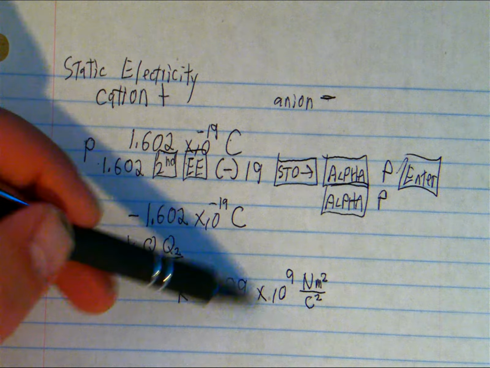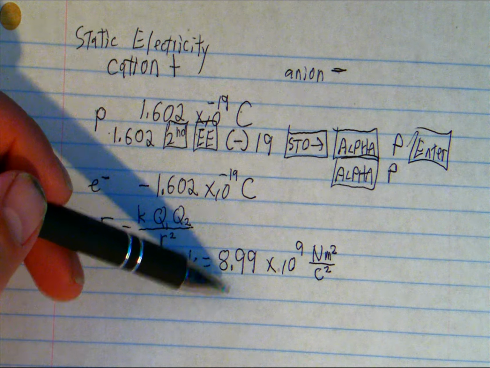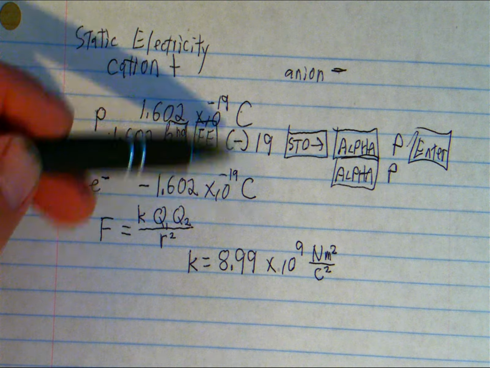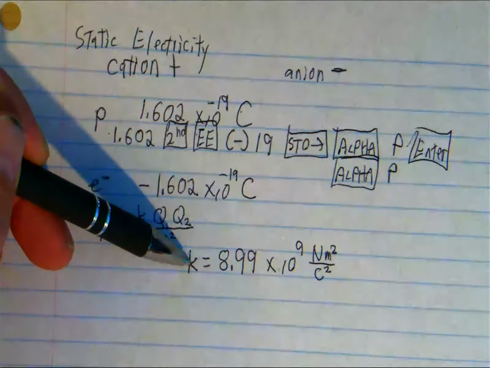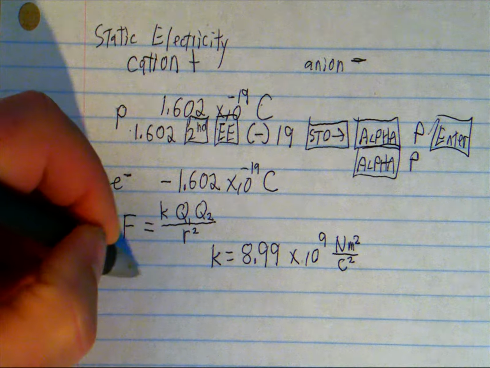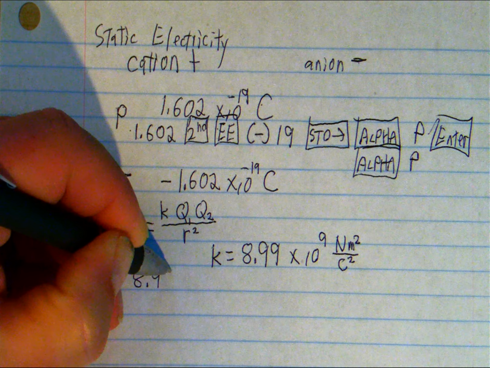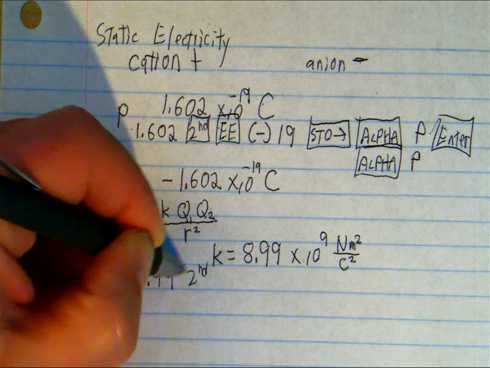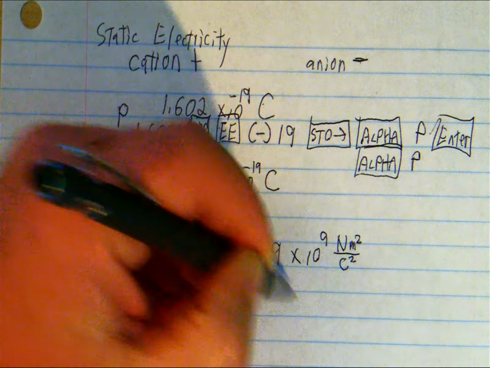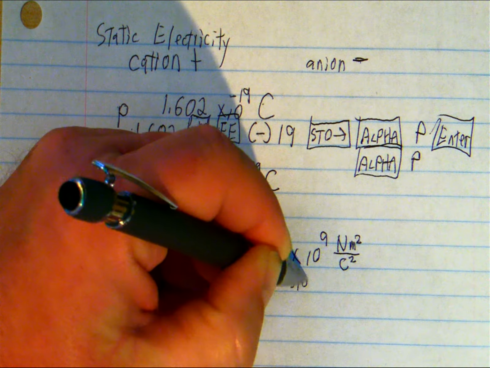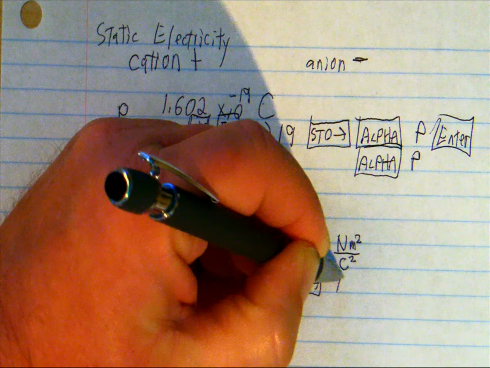So this number, Boltzmann's constant, out of these two choices, if you were only going to put one of these into memory, definitely the K is the one that you should put into memory. 8.99 second EE 9, the store button, the alpha key,